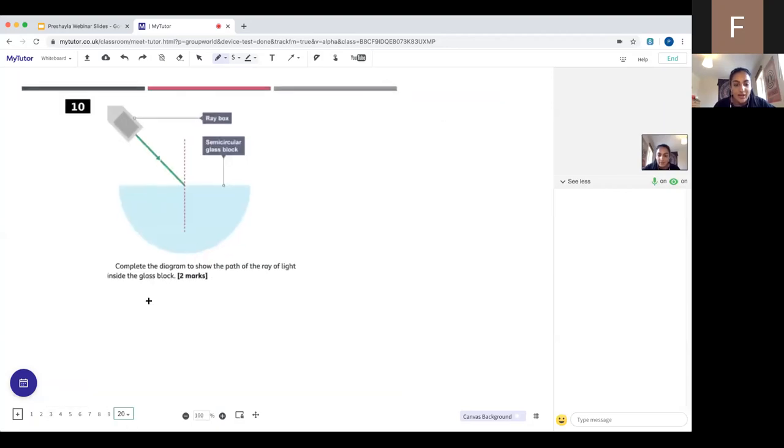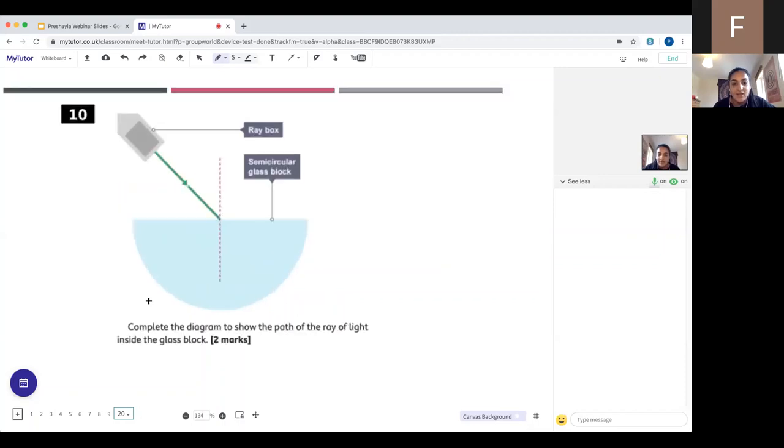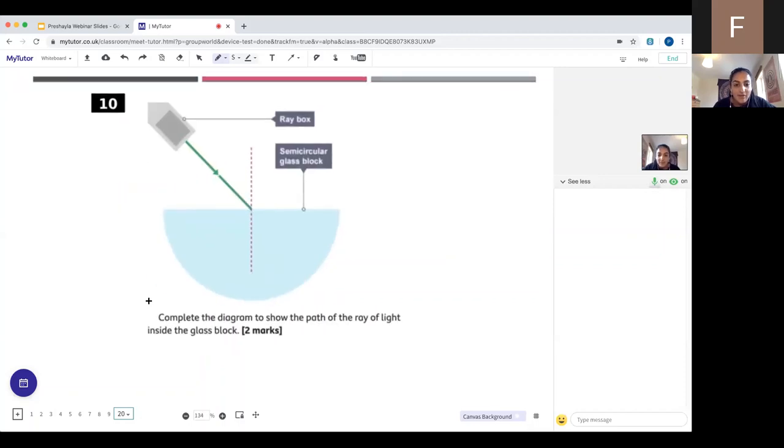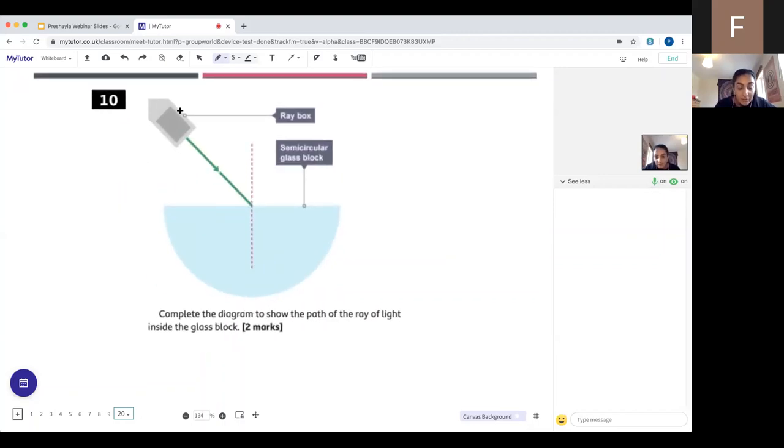Okay, so here we have a diagram of a glass block, a ray box, an incident ray. So it's going from air into glass. Which way is the light ray going to go? What is the light ray going to look like? If it's going from a less dense to a more dense medium,